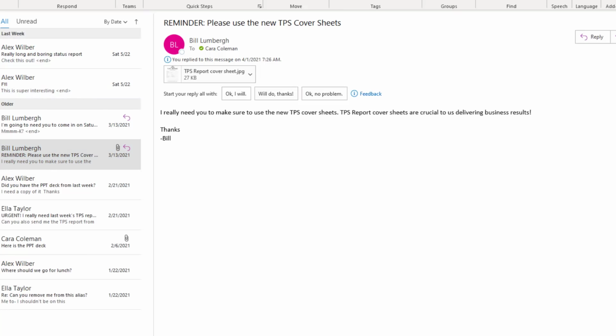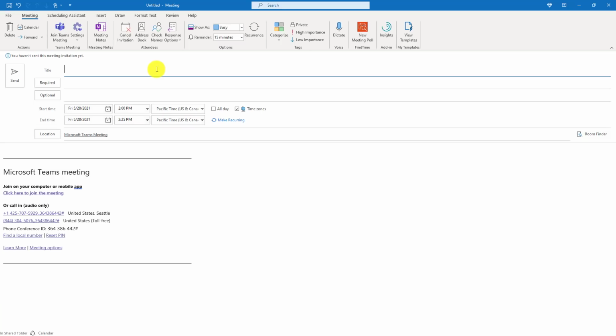So I'll go up here to drop down and choose Meeting. So here's my new meeting, and you can see that Teams is enabled by default. You can see the settings right here. I can access meeting options. I can also look here, and you can see it ends 5 minutes early because I had that setting that said end any meeting less than an hour 5 minutes early. If I wanted to create a new meeting that was an hour long, it would end it 10 minutes early by default.